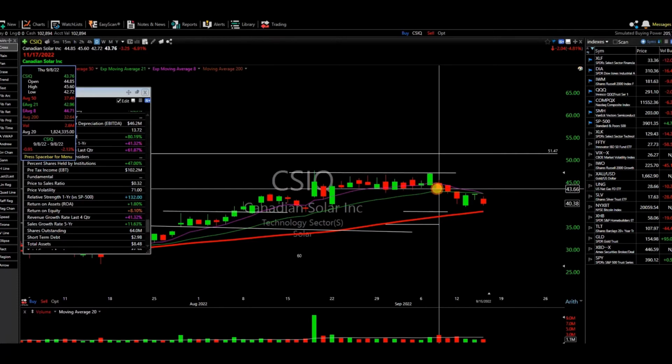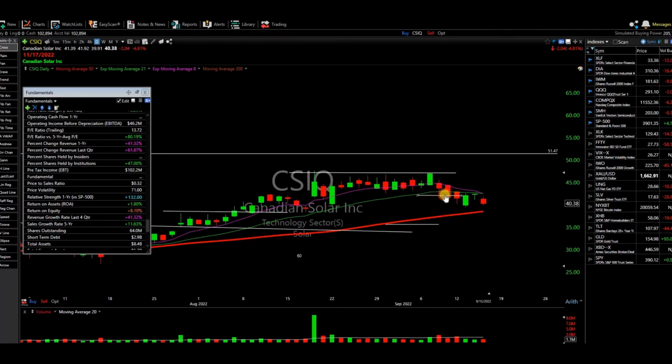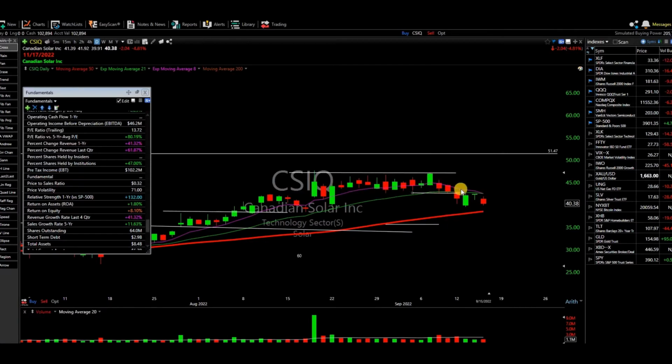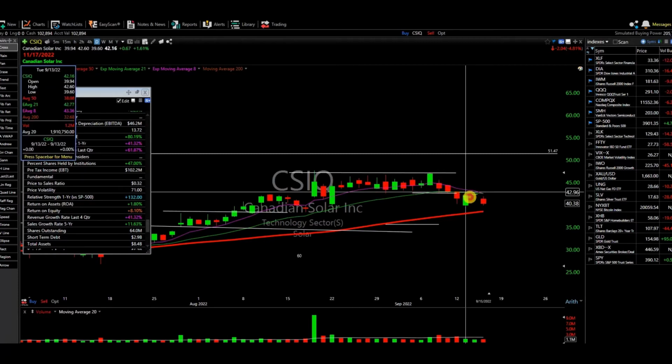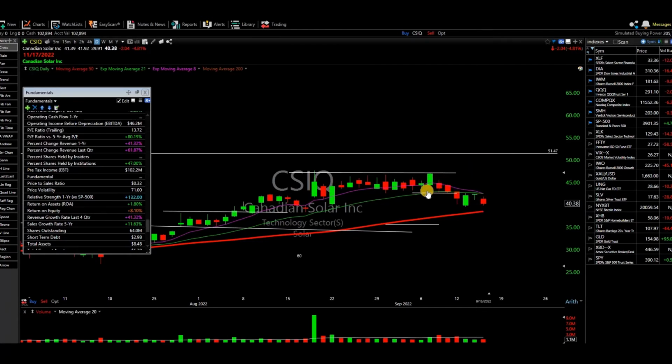So as soon as the next day took the low of this candle, I put my stop loss right below the low of that candle. And actually this day took the low of that day. The low this day was 42.72. This one was 42.53. So it took me out. And as you can see, if I was still in it, I would still be at a loss. I'd add another 6% loss to my original loss.